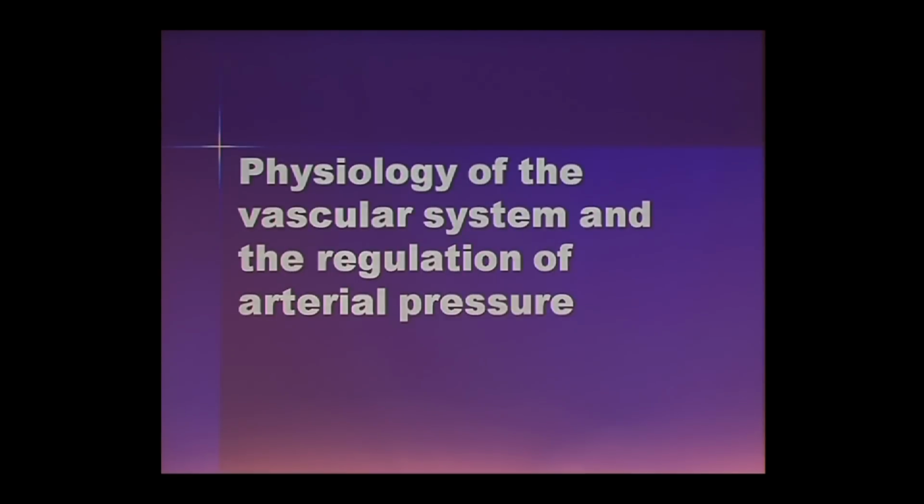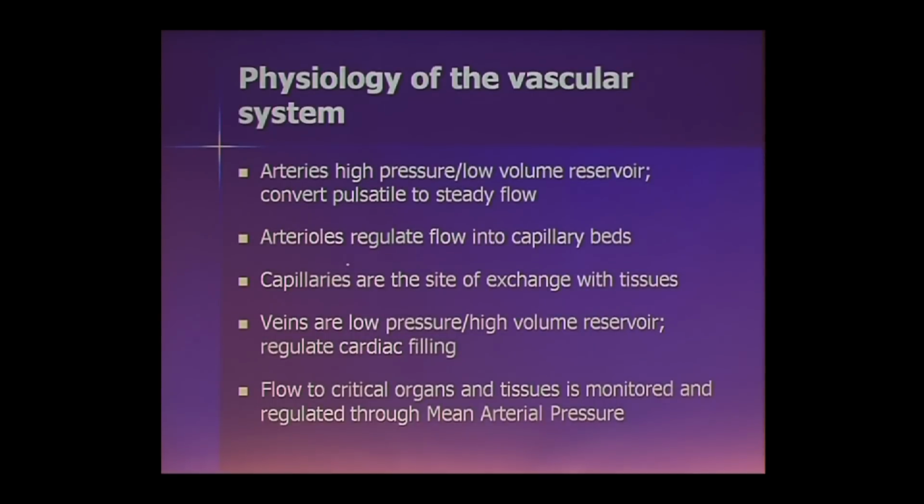So-called negative feedback loops. So we're going to be talking about the physiology of the vascular system and the regulation of arterial pressure. As I told you, regulation of arterial pressure is a proxy for the regulation of the flow or perfusion of tissues. So these are essentially the objectives. At the same time, these are the kernels of things that I would like you to remember at some point, 50 years down the road. If you remember these things, I'd be extremely happy.